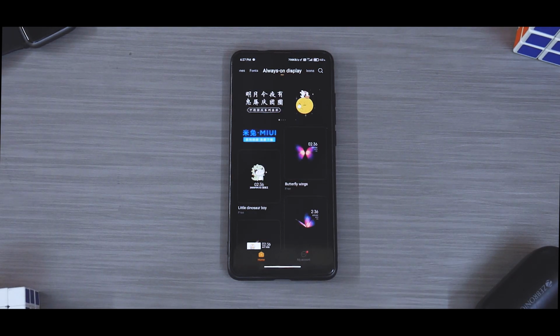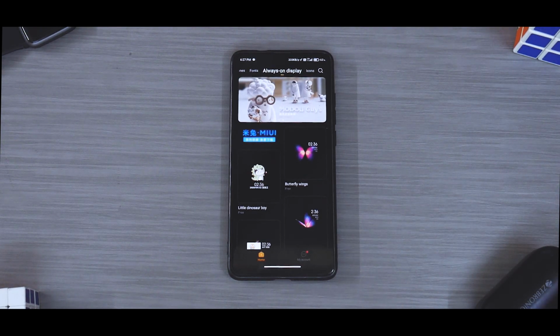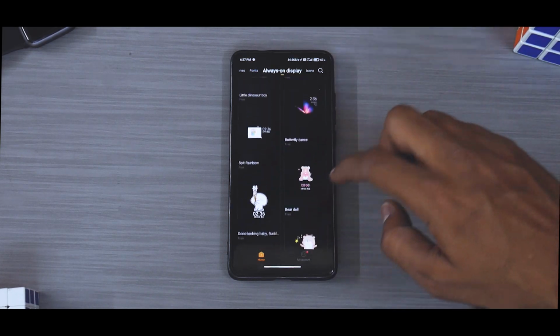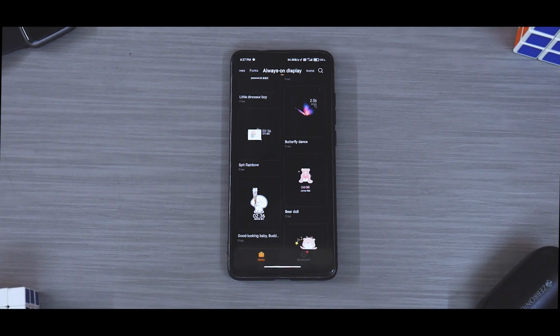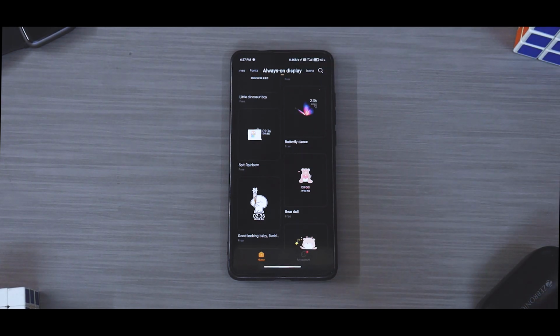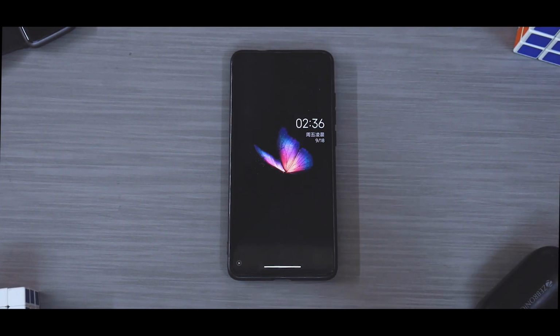Alright, so for some reason I had to take it off Wi-Fi. My Wi-Fi is working just fine. I don't see a reason why it was not working, but nonetheless, as you can see over here, the list goes on and on and on. That is what I'm talking about. Even though these are from the Chinese versions and stuff, they work as expected, and they have animations, and trust me, they look beautiful.